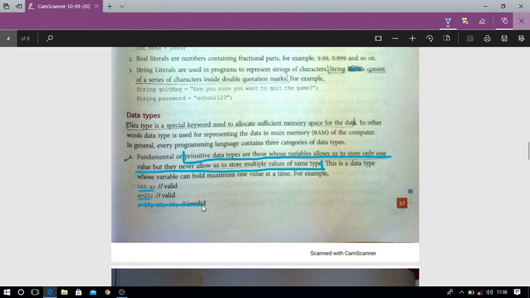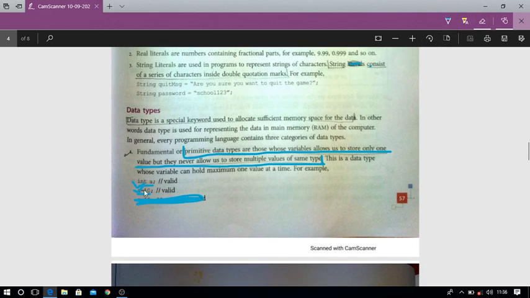This is invalid, you can't store more than one value in one variable. This is the valid form and this is also a valid form. a is equal to 10 is a valid form. And the definition of primitive data type: those whose variable allows us to store only one value but never allows us to store multiple values of the same type.